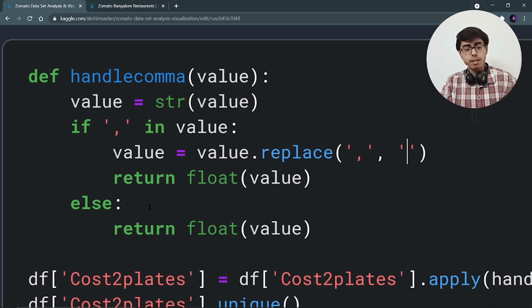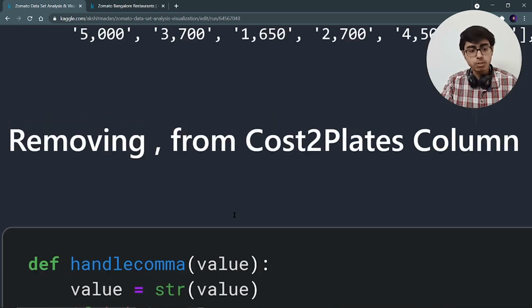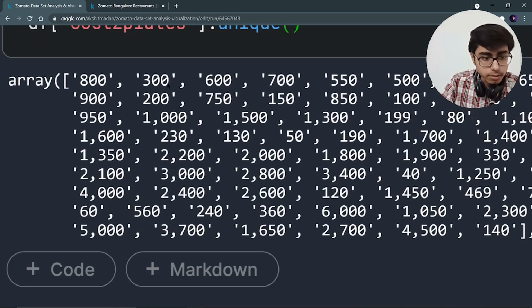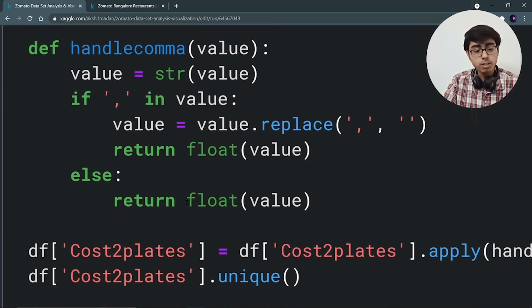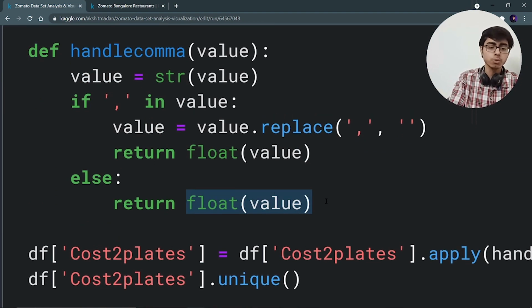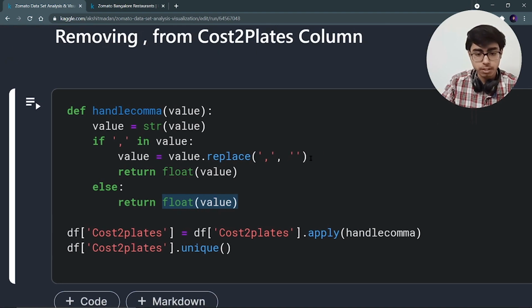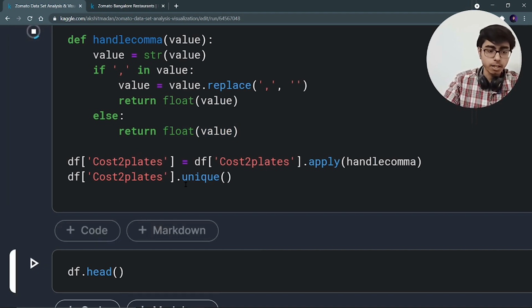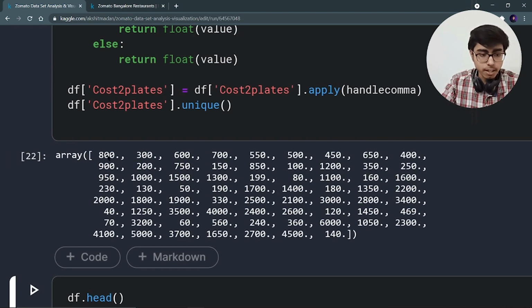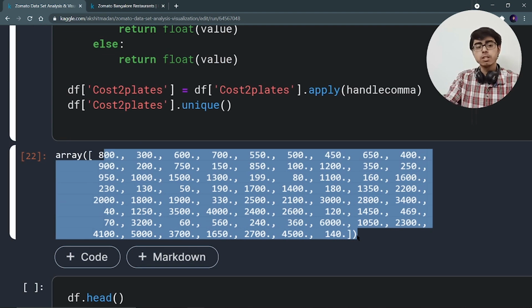And if the comma is not present in that value, like over here 300, a comma is not there, then I just want to return the float of that value. I don't want to apply this replace function in that, right? And I'm going to apply this function on cost 2 plates. And when I run unique again on cost 2 plates, I can see that every value is converted into float. Now my cost 2 plates column is also clean.